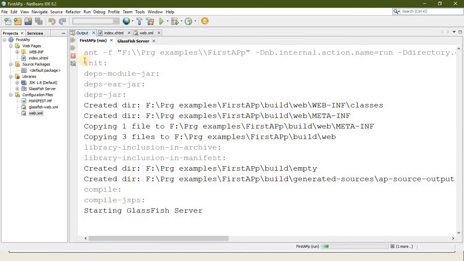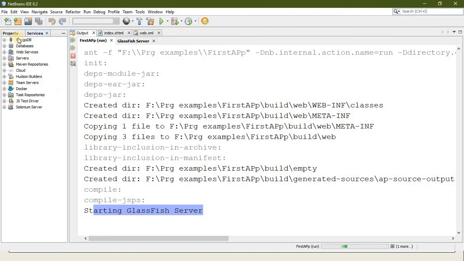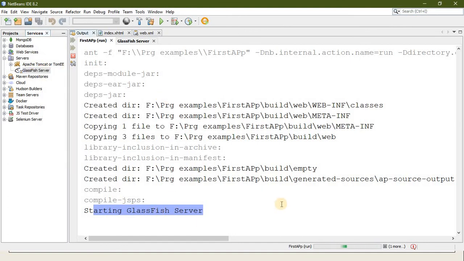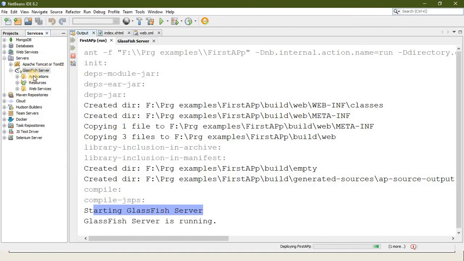You can also see the server. Maybe since it is the first time, Glassfish is starting now. And on the other side, in the Services tab, you can come and see the server, where you can find our Glassfish. Glassfish has not started, only now it is starting. Okay, that's why it is taking time. Once it is started, the application will be opened here. Yeah, now it started.